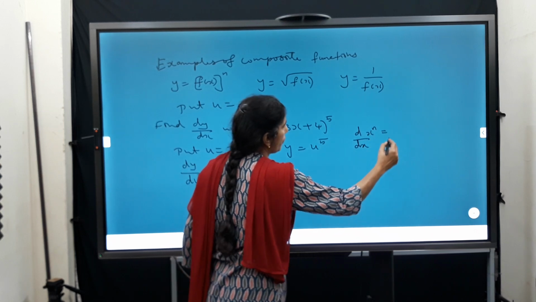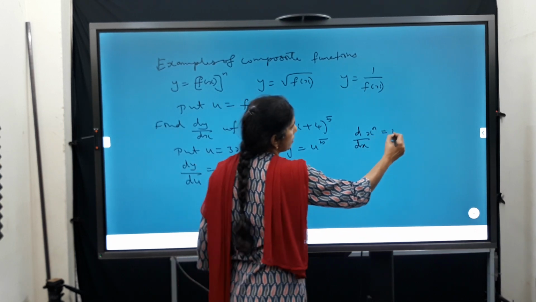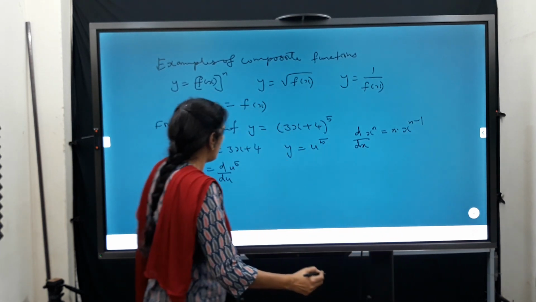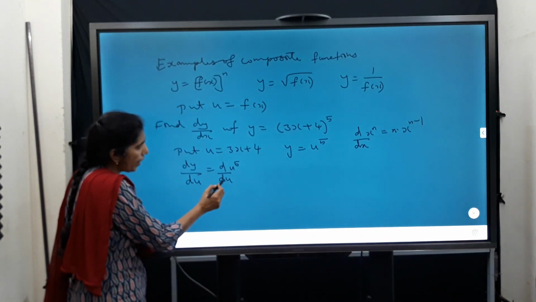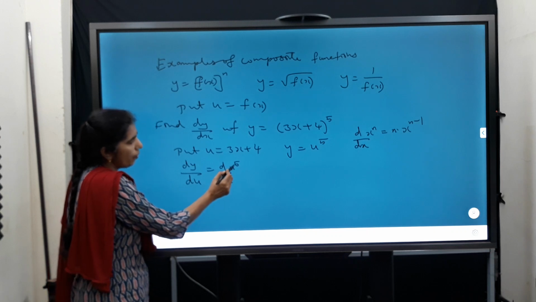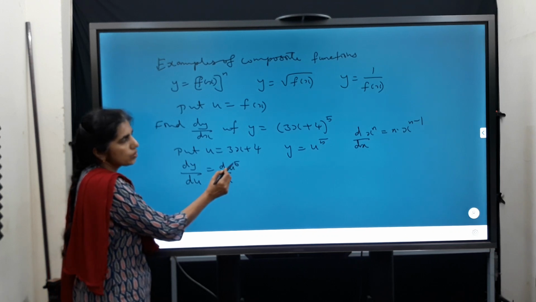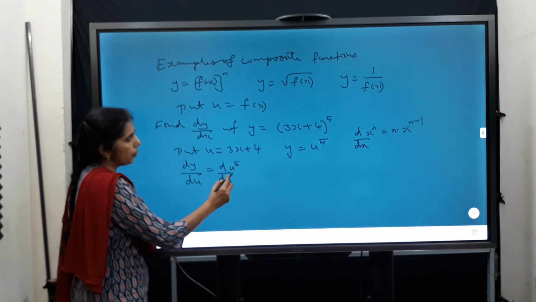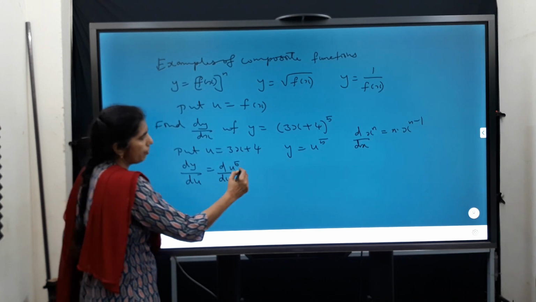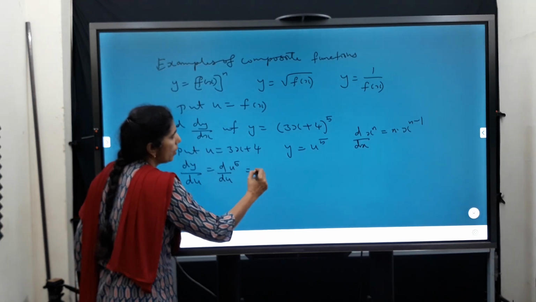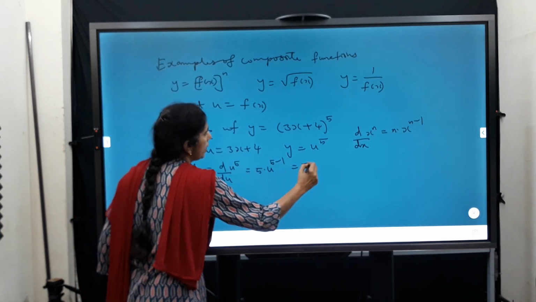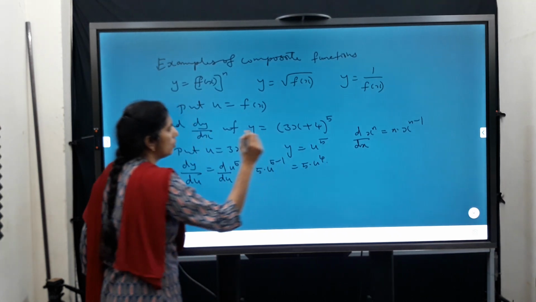D by dx of x raised to n, you know that it is equal to n into x raised to n minus 1. Here we have to find d by du of u raised to 5. So instead of the variable x, we have the variable u. We apply the same formula. So it is equal to 5 into u raised to 5 minus 1,